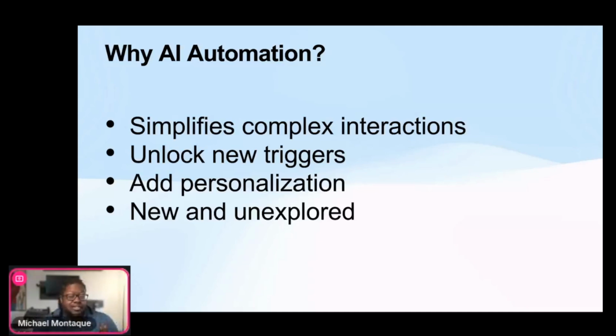So in certain cases, I've seen the amount of code that I would need to develop a particular automation become drastically less. Utilizing AI also unlocked a bunch of new triggers for me as well. Triggers as, let's say, motion sensor events, maybe time events, different things which you would see within Home Assistant that you can use to trigger your automations. AI provides a new category as well. You're going to see that a little bit later.